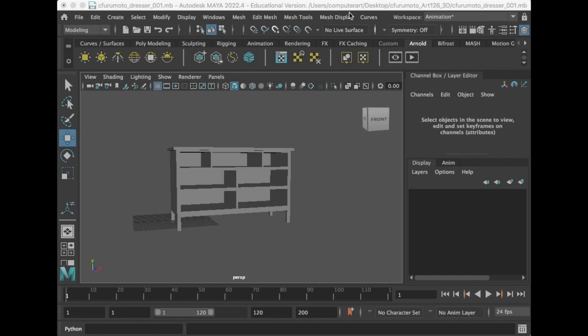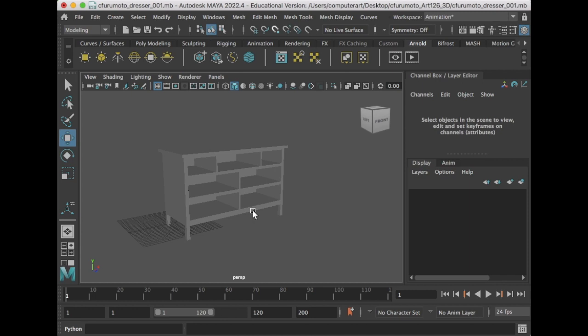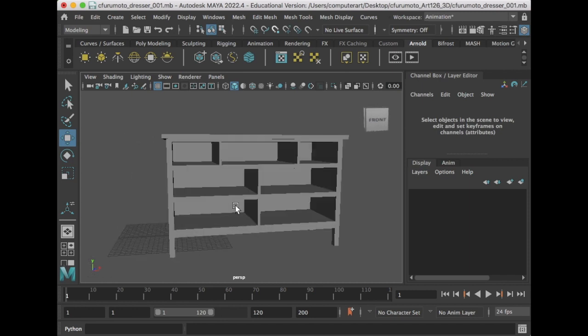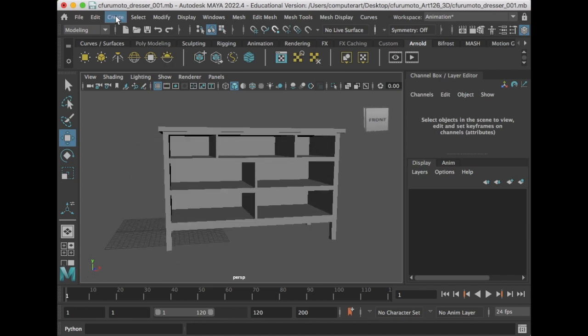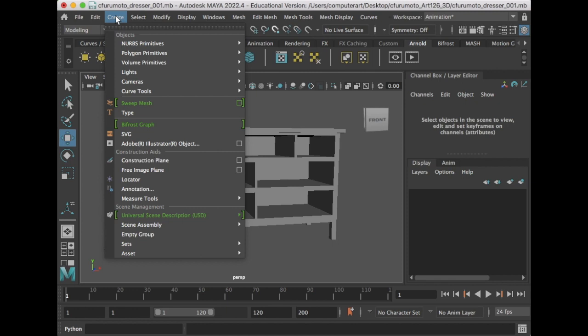Point, we have our main structure. So we're going to get into our next section, which is going to be building the drawers themselves. To do that, we're going to keep it simple. We're going to make some cubes. And then we're going to turn one dresser drawer into basically the basis for all of your other dresser